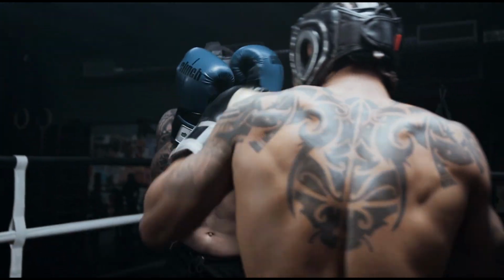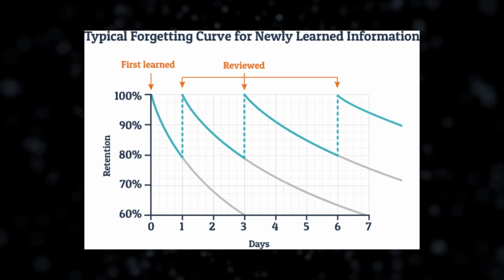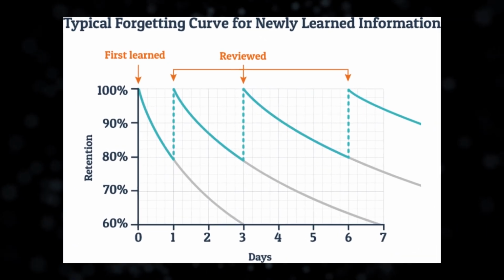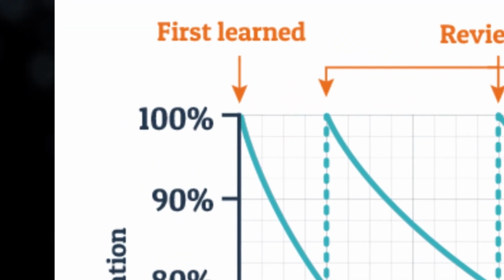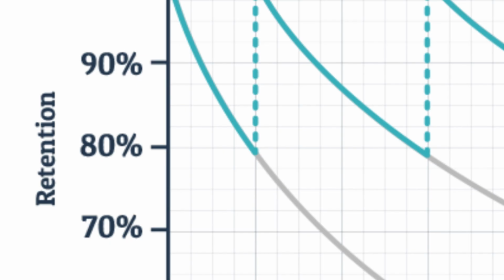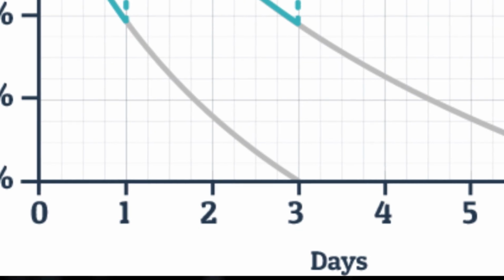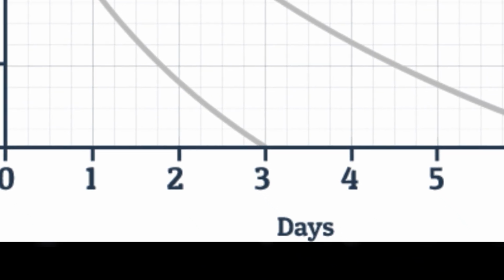Scientists call this the forgetting curve, and it's the reason why you can cram for hours and feel like nothing sticks. Spaced repetition is how we can fight back against that curve. Take a look at this graphic. It shows just how easily we forget things. Let's say I learned a new phrase in Spanish, like "me gustan las tortas de jamón." If you don't use or review that phrase, you might only remember 80% of it the next day, 70% the day after, and by day 3, you are down to 60%.